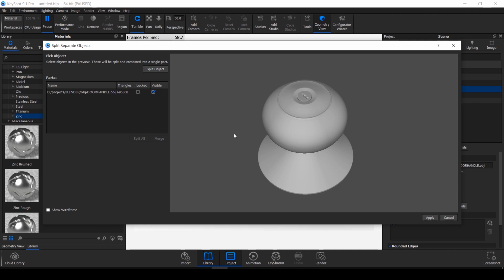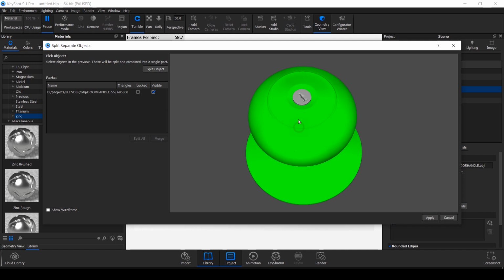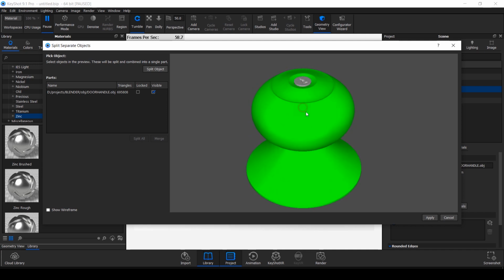Now, to select any object, you have to simply go to that object and left click. Now here you can see a green preview of our selected object. Okay. To deselect this object, you have to click the empty area. Now again I will select this object. Here you can see that I have two objects, one which is of green color, another which is of gray color, which means that I have two different objects. How do I know that? Because I modeled this in Blender by using two different objects.